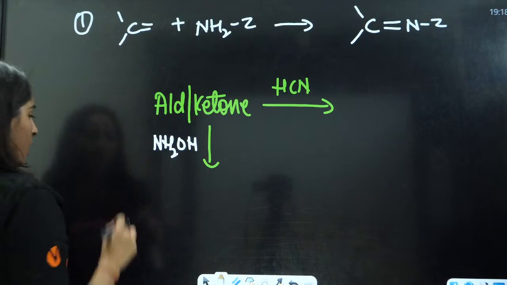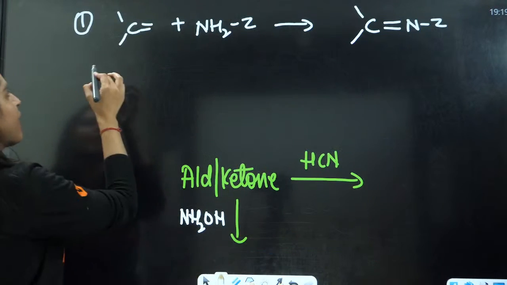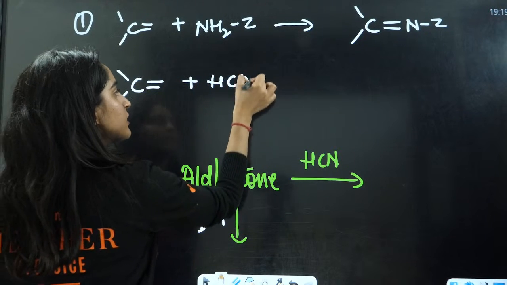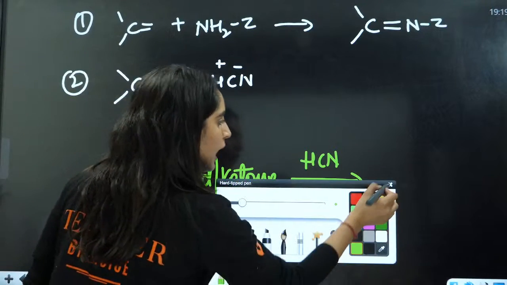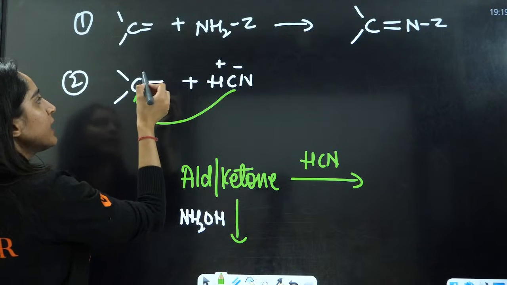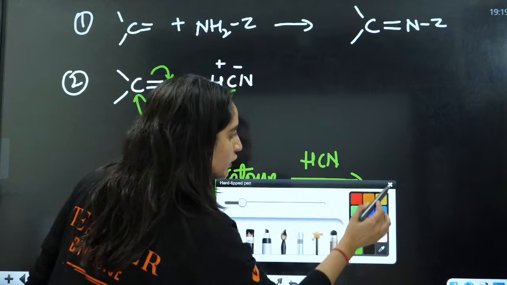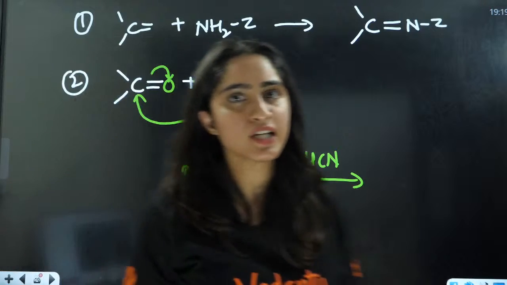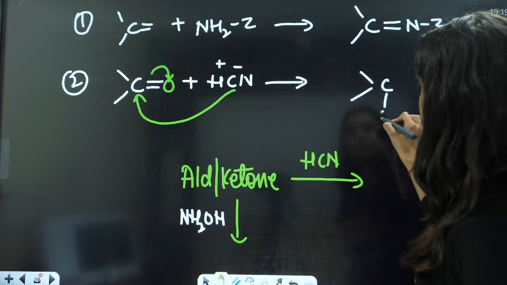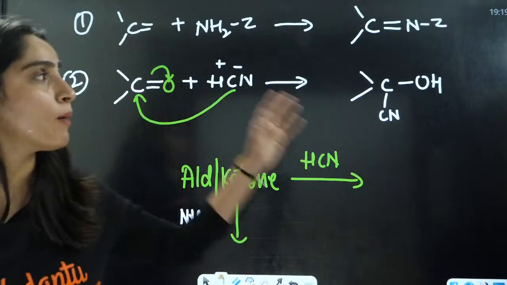Now, if you have a reaction with HCN, if you have a reaction of any carbonyl group with HCN, this is negative, this is positive. What will happen here? This H positive, this negative part is going to attack here, and the electrons are going to jump here, and we have this H positive here, right? Okay. Now, what will be formed here? You will have C, this is CN, this is OH. Something like this will be formed, right? This is from aldehydes and ketones.